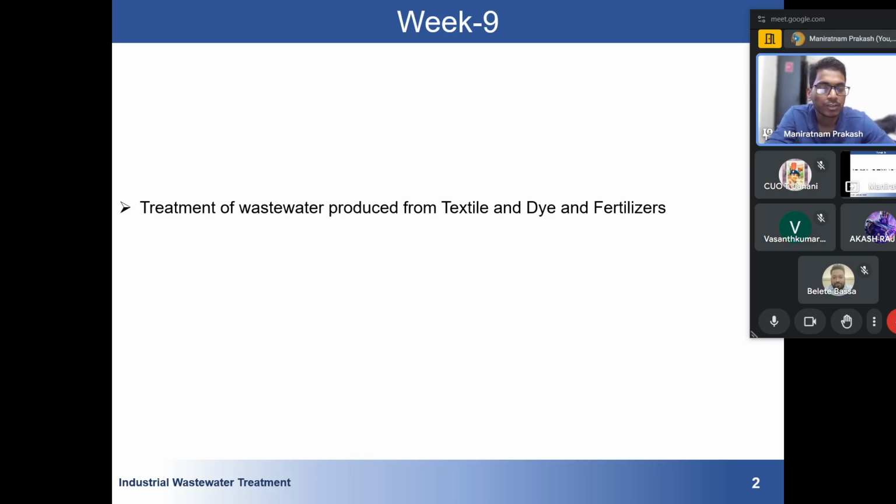This was a completely theoretical topic. If you have gone through the lecture, you might have noticed that they were dealing with only four things: which type of wastewater is produced, what the different impacts on the environment are, and how those wastewaters can be treated. So these were overviews, and there were no numericals.